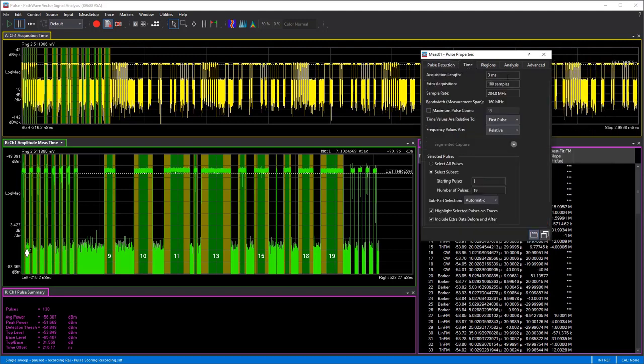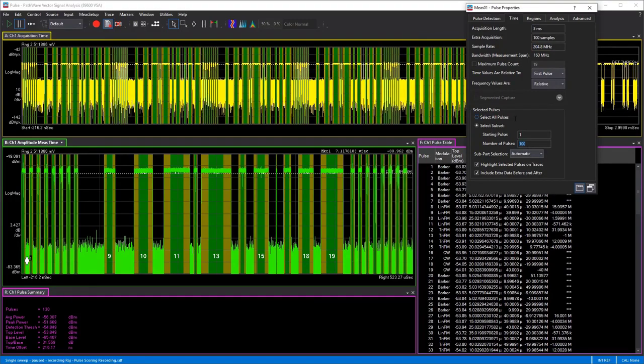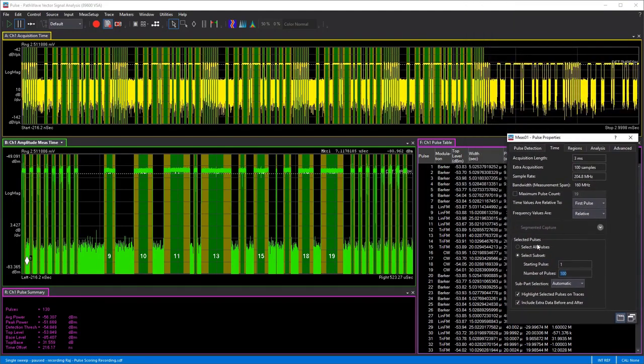Things like our time tab. Here's our 3 millisecond capture, and this is over a bandwidth of, again, 160 megahertz. But since we're not interested in looking at the frequency content here, we're mainly going to stick with time domain views. But what we can do is look at the overall measurement of, say, 100 pulses, and we can see by changing this select subset, we can look at 100 pulses here,